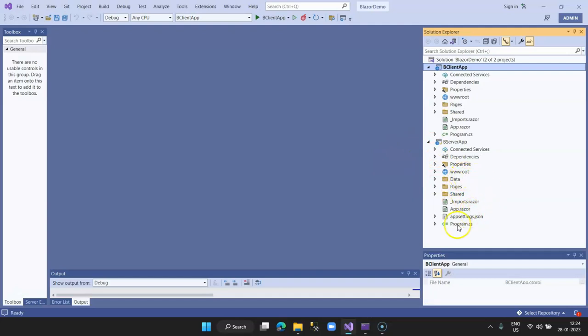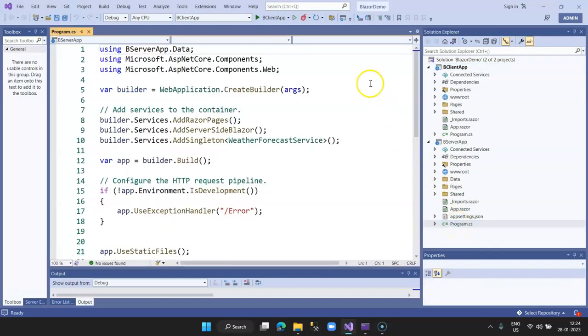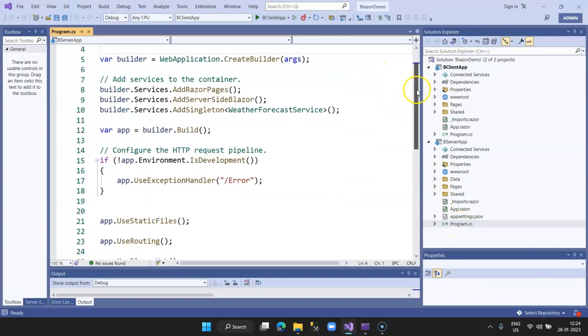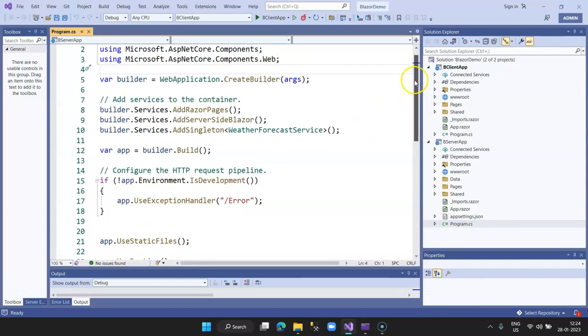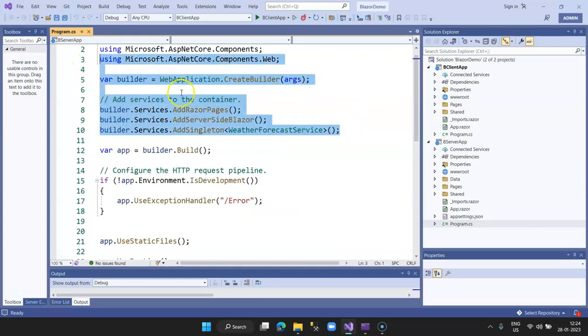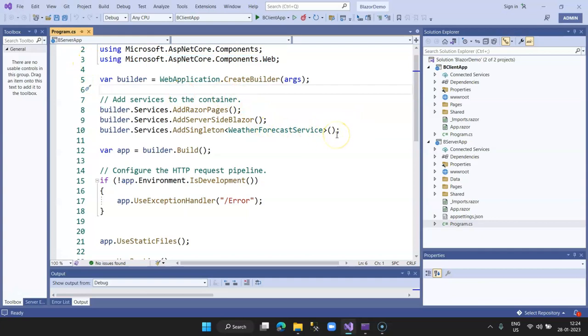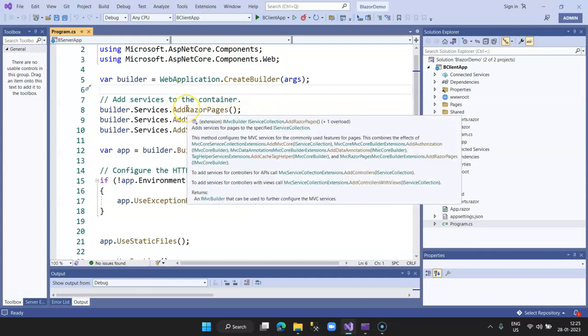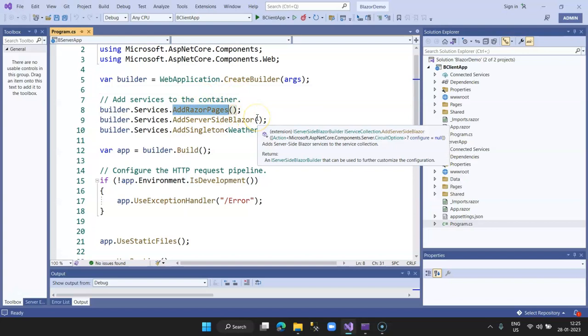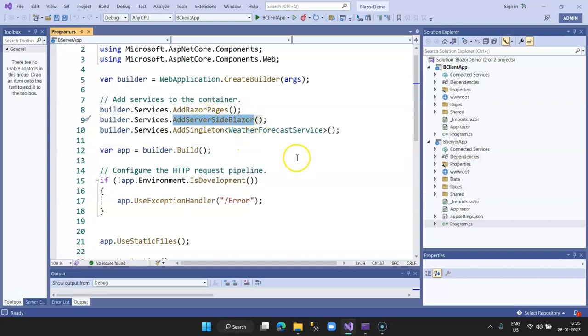So on the Blazor Server App, we'll go to the program.cs, and you can see this program.cs is an entry point of the application. Whenever the application is initiated to run, this file is called and it checks all the settings and capabilities, and it also checks what all options need to be included for this project. Here if you see, we have the service add razor pages and add server side Blazor, and then this is